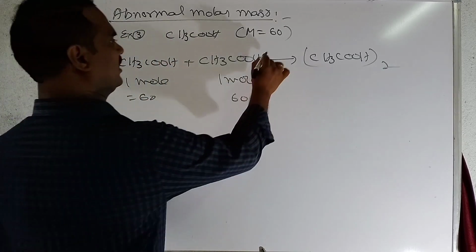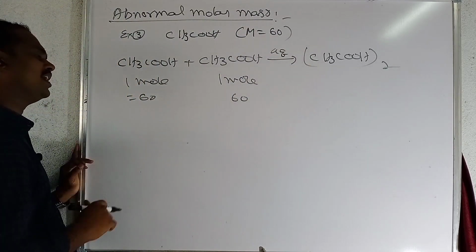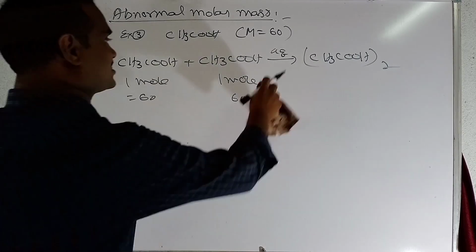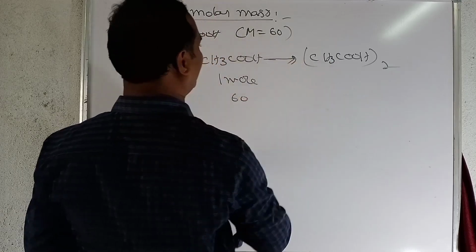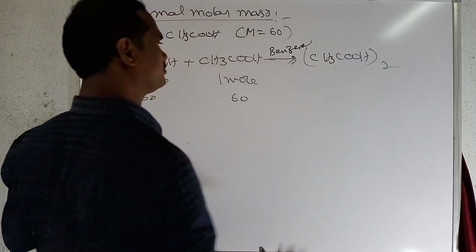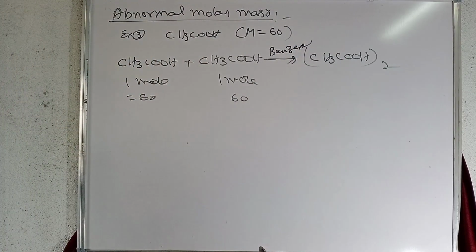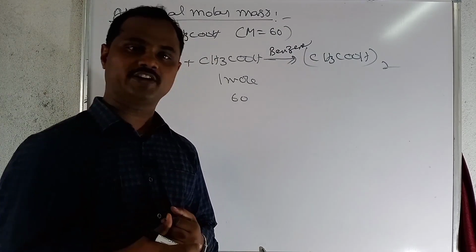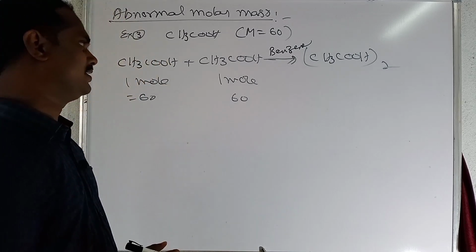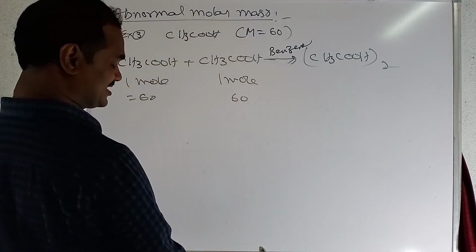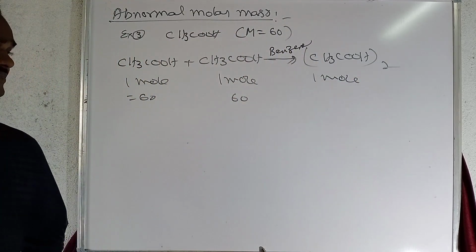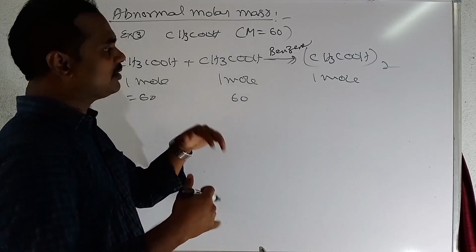Before dissolving in water, what will happen, sir? Here there is no association between the molecules. Sorry, here actually this acetic acid is not dissolved in water. It is dissolved in a low dielectric constant solvent, that is benzene. In benzene, association, dimerization: di means two, mer means molecule, dimerization, combining of two molecules to form one molecule. Is it clear? Here 2 moles of acetic acid, after combining, form 1 mole. Carefully see, here this is 60. After mixing it becomes 1 mole.